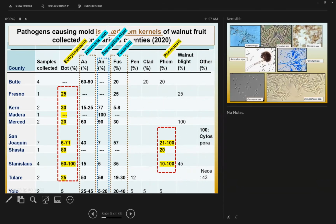But the most common were Alternaria, Fusarium, and Aspergillus niger, and also some other occasional Cladosporium, or here Neofusicoccum. I'll report on this a little more. So the prevalent fungi that cause mold are Alternaria and Fusarium, and the third will be Aspergillus niger. And in orchards with Botryosphaeria and Phomopsis canker and blight, Phomopsis and Botryosphaeria will be common in this